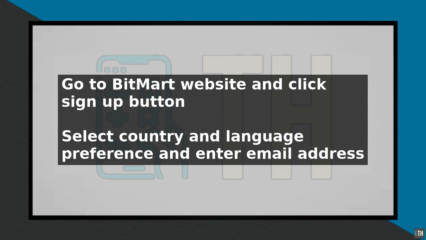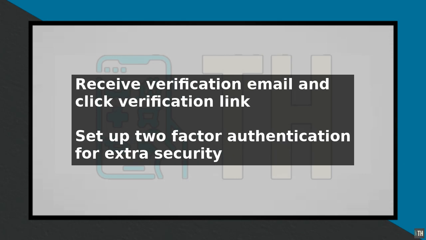Then click on the Create Account button. You will receive a verification email from Bitmart. Click on the verification link to activate your account. Once your account is activated, you will be required to set up two-factor authentication to add an extra layer of